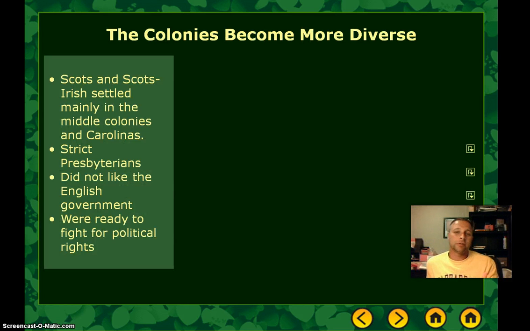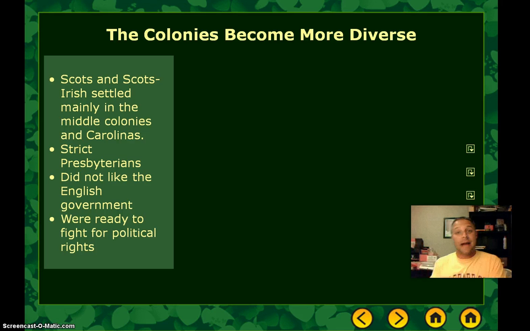culture. Also, during this time, the colonies were becoming more diverse. So one group was the Scotch Irish, who are not necessarily Scots or Irish, but they're Presbyterians who had fled England, fled the Church of England, and settled in Ireland, and eventually settled in the Americas. But anyway, the Scots Irish,